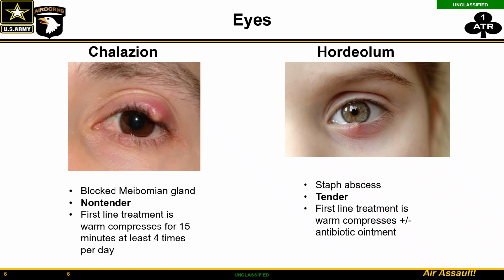So chalazions, they're a blocked meibomian gland. They're usually non-tender, and your first line treatment for this is just having them put a warm compress on it for 15 minutes a day, or 15 minutes 4 times a day. And so they have to actually do it multiple times a day, or else it's not really going to make